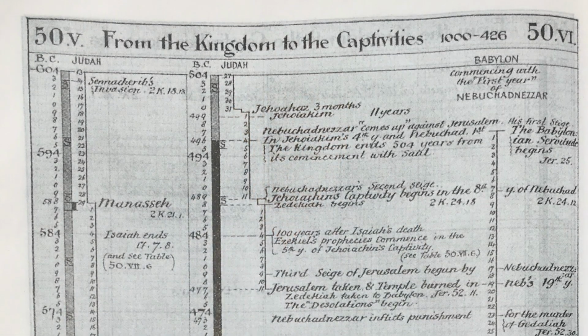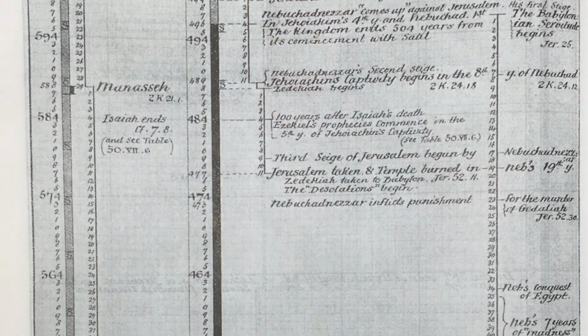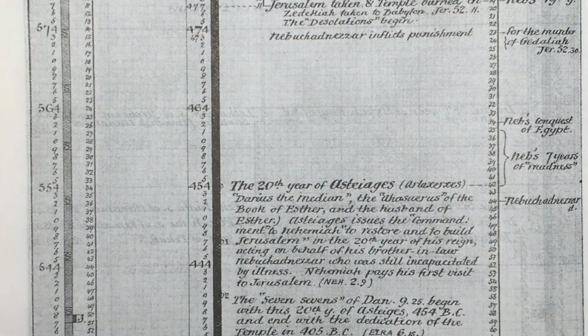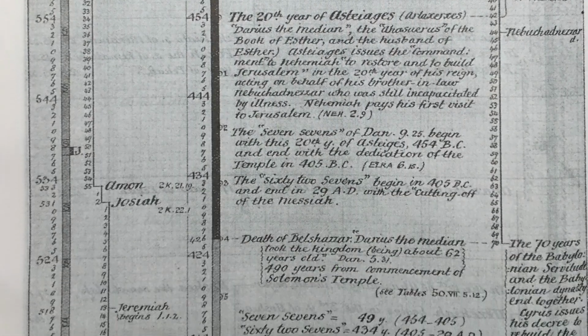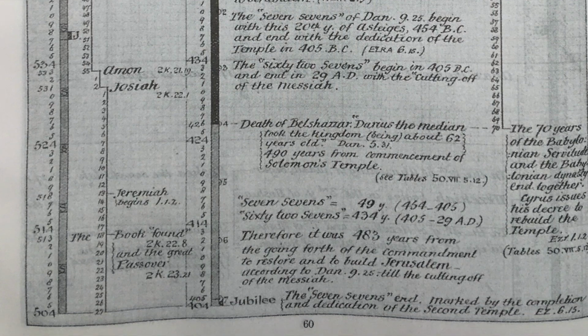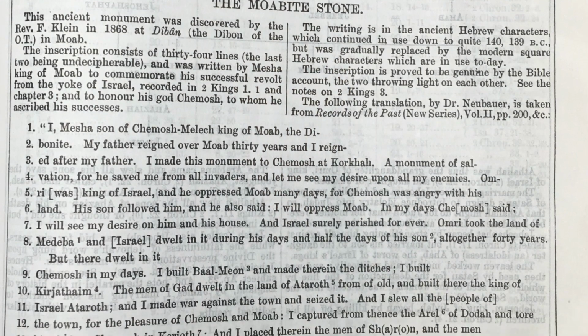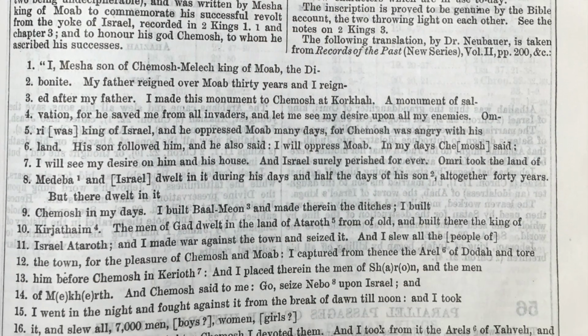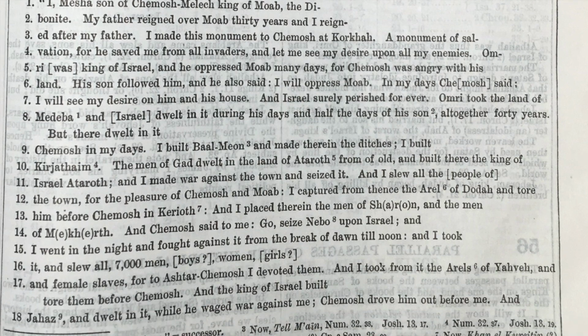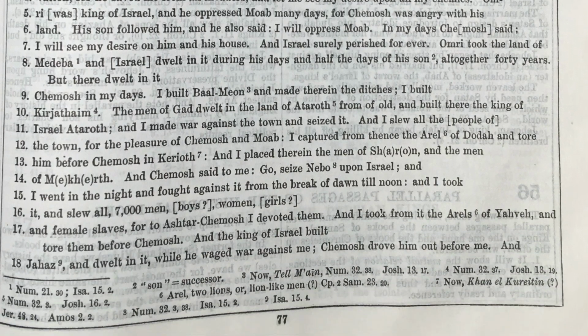But you got Daniel in here, the captivity of them in Babylon and everything. So it's really, really nice. I like that one. There's another one in here I want to call your attention to as well. It's Appendix 54 and is about the Moabite stone. Let me jump over there. The reason I like this one so much is because it helps document that the Bible